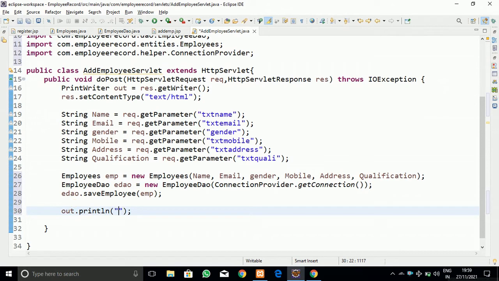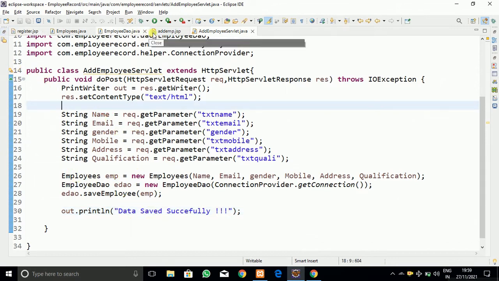And out.println, to confirm that, I am going to write out.println data saved successfully, to know whether the data is going to be saved or not. For that purpose only I am going to write here.